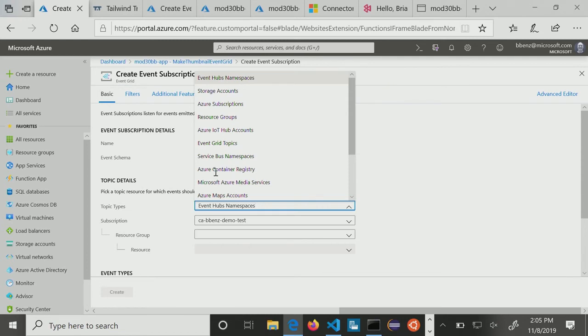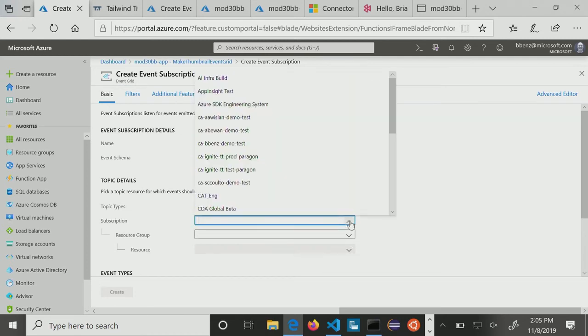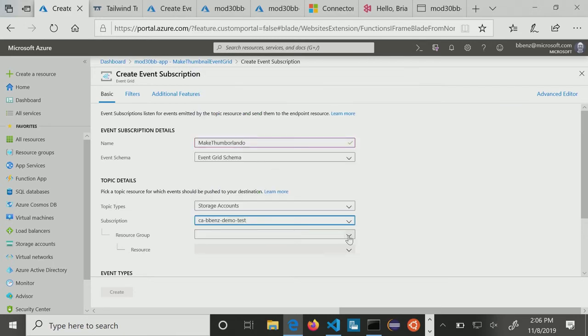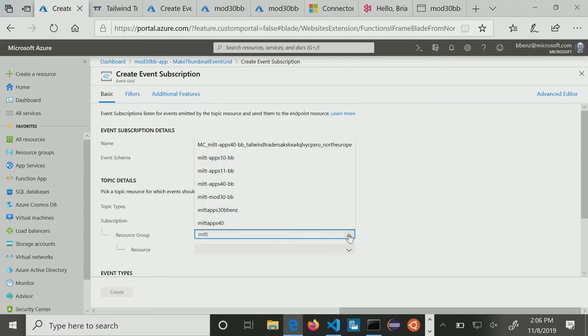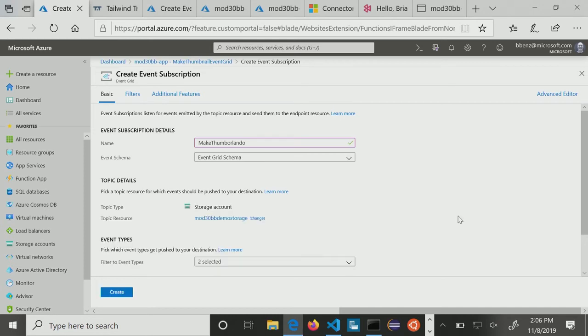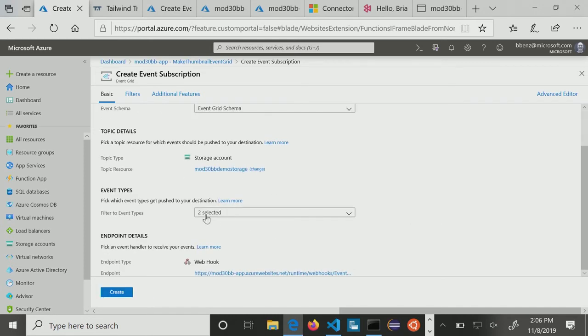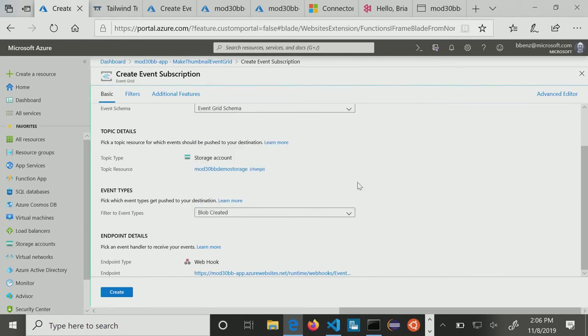So I select storage accounts. I choose my subscription, which is this one. I choose a resource group, which is MITT MOD30BB. And then I show MOD30BB demo storage. And then I actually only want this to happen when we create a blob. And what happens here is when I save this